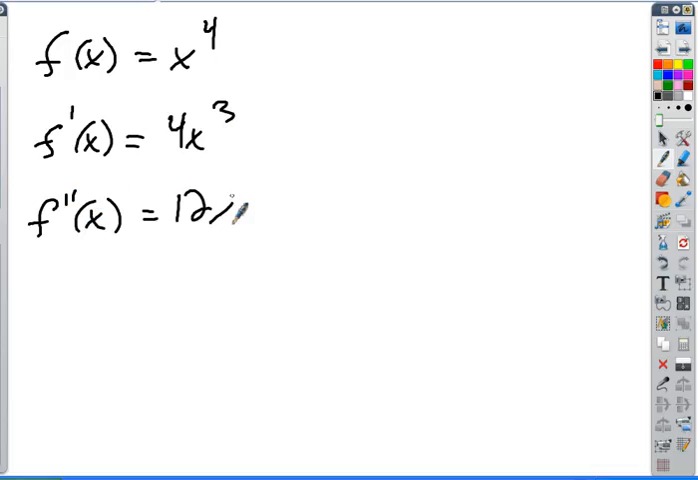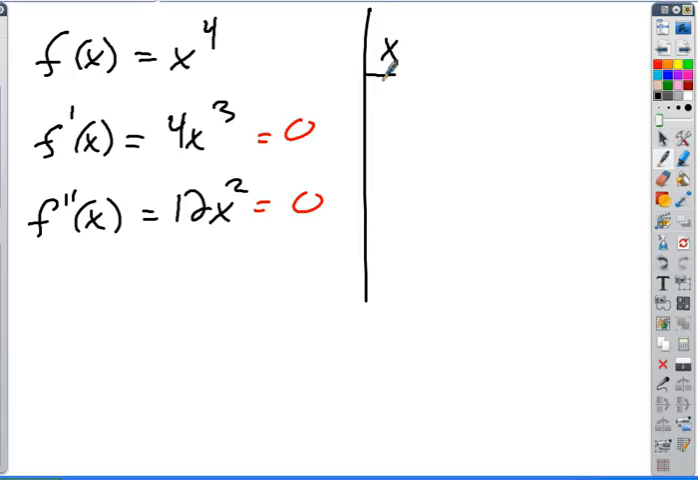Okay, so if we made our little table on this thing, where are the critical numbers of both f prime and f double prime? The first derivative and second derivative critical numbers are both where? I mean, if I set those equal to 0, they're both at x equals 0. Sure. So if we make our table,